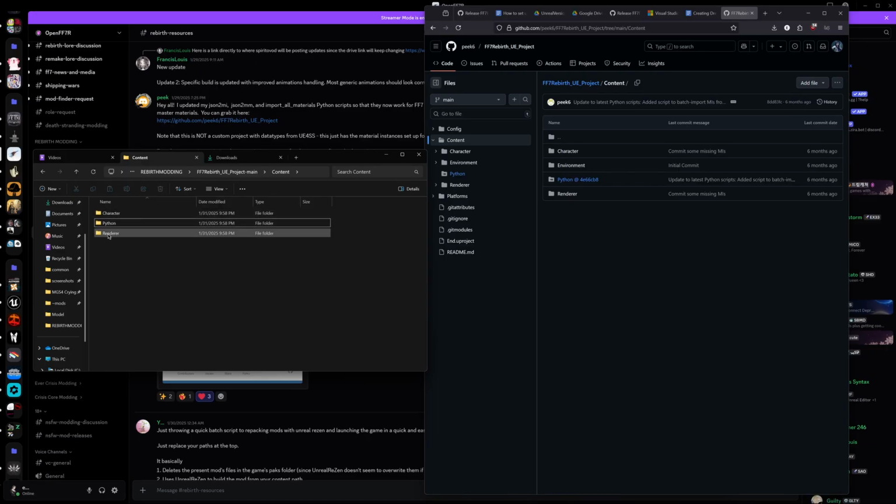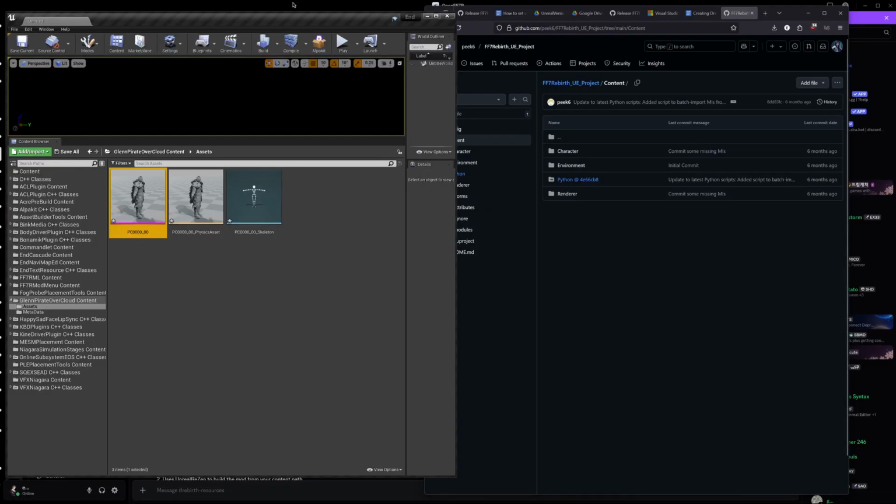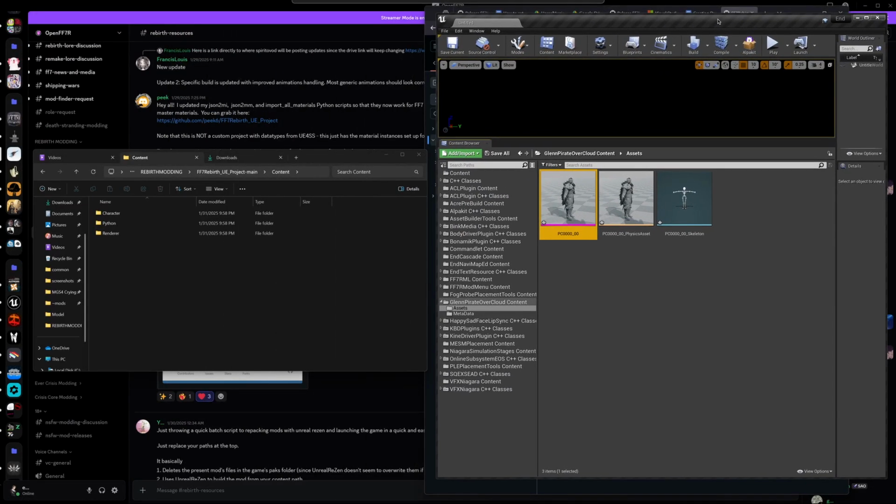But we are going to need the renderer folder. So the way this works, in order to get this to show up in Unreal Engine 4 in this custom engine, we can't just copy over things from like the open project file. Instead, we need to find where the end project is, and we know that if we go back to here,